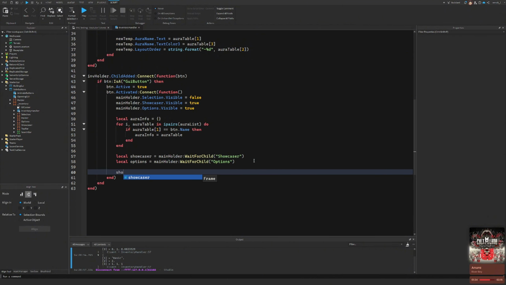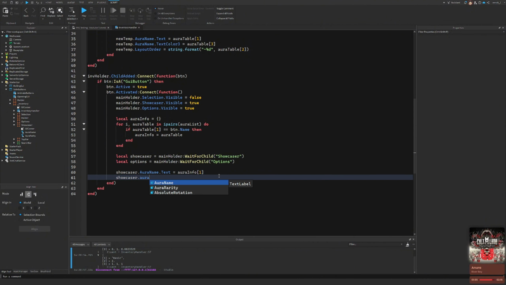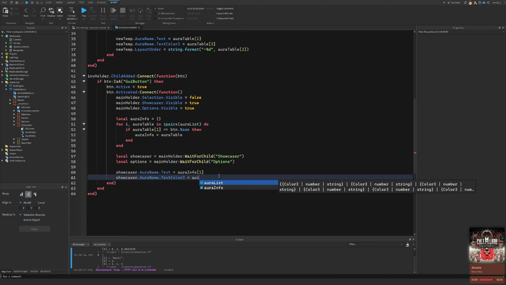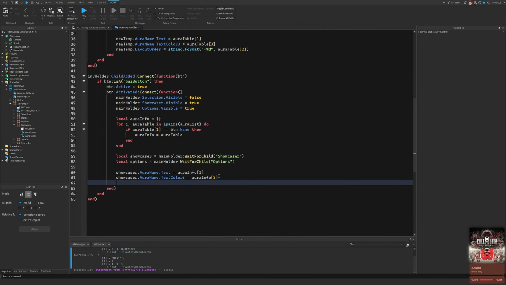So what we're going to do is showcaser.aura name.text is going to be set to the aura info index 1. And then we are going to do showcaser.aura name.text color 3, which is going to be our aura info index 3, and showcaser.aura